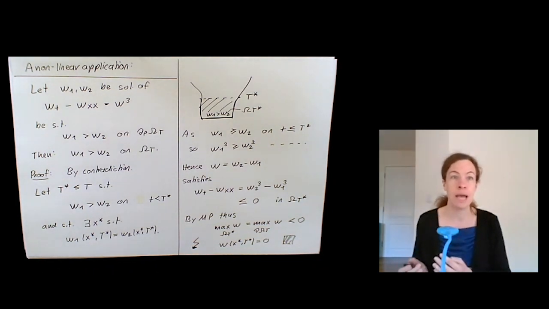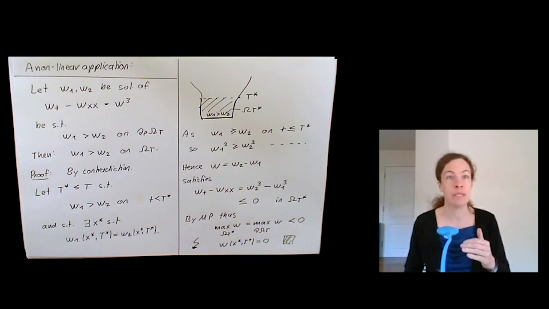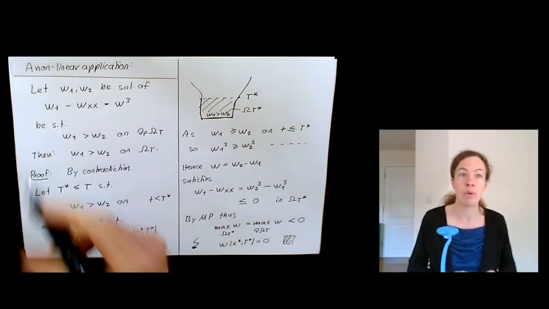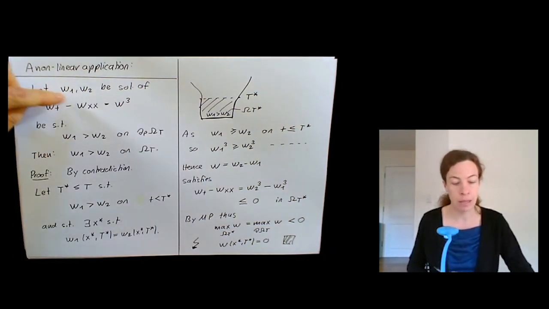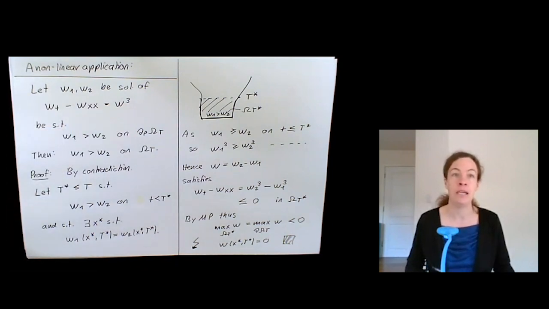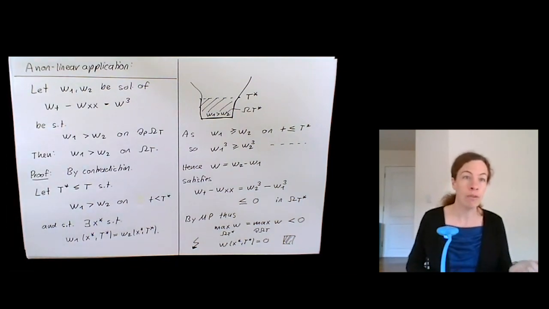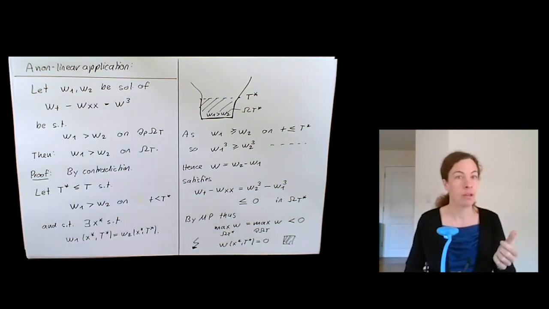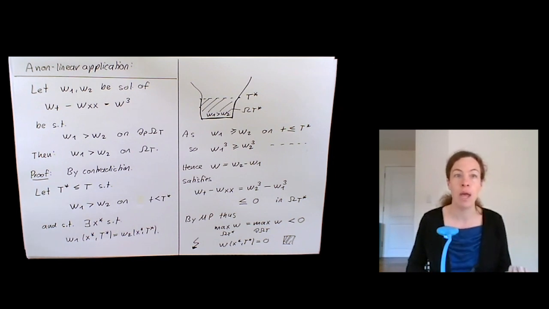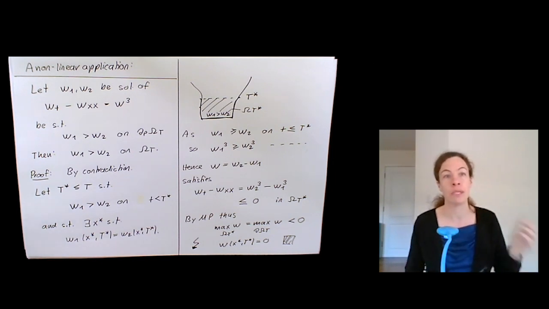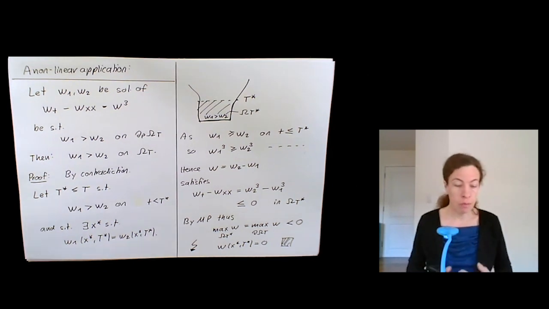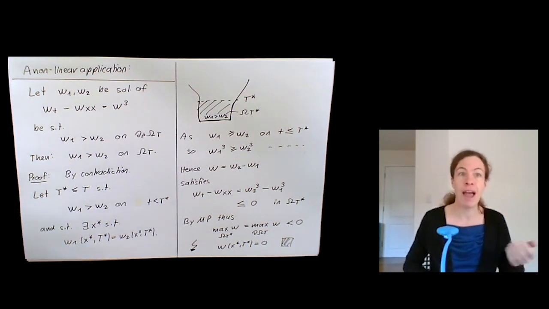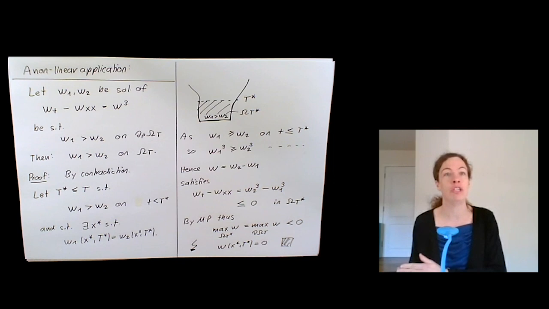So this is a typical example of how you can use the maximum principle to compare two solutions of a PDE, and indeed if you look carefully at what we've done here, we wouldn't even have needed that W1 and W2 solve this PDE. It would have been enough if one of them is so that the corresponding condition is satisfied with a greater or equal to 0, the other with a less than or equal to 0, and we would still preserve this ordering of two functions. So now you might ask yourself, how does that help me if I have no idea what the solution W1 does? How should I know what the other solution W2 does?